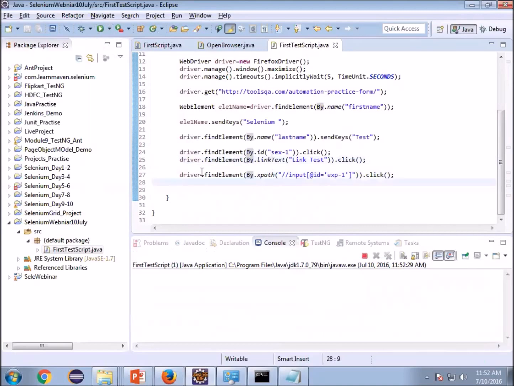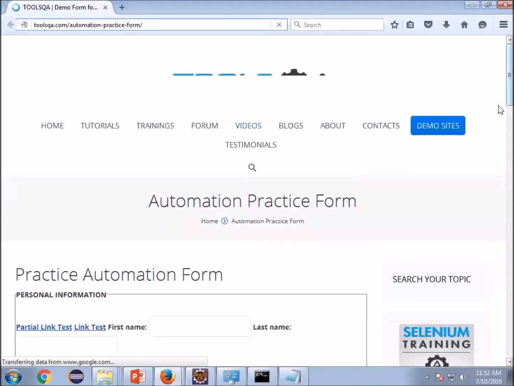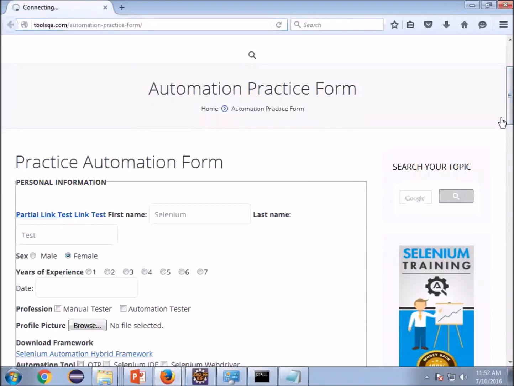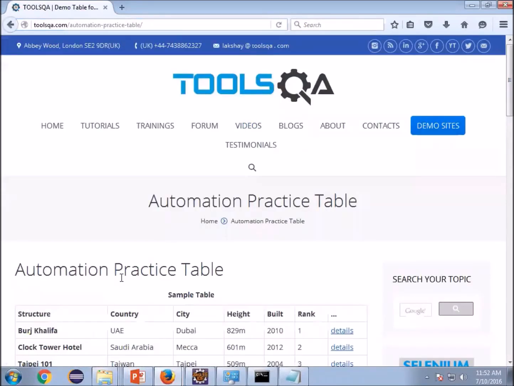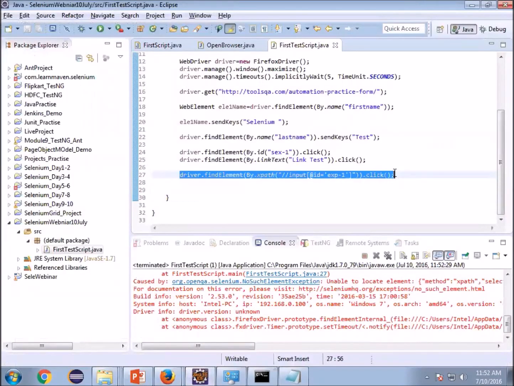Let's see if we can run it one last time. It has opened. This time it has opened. See, it has done my work, and it has clicked on the page as well. It will give me an error because this line is not on that page.